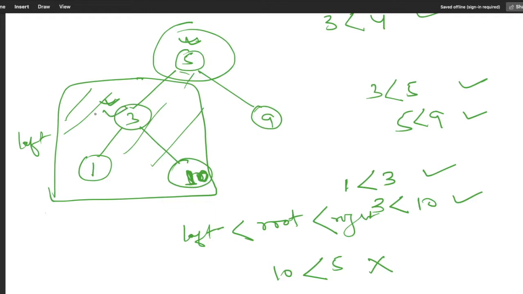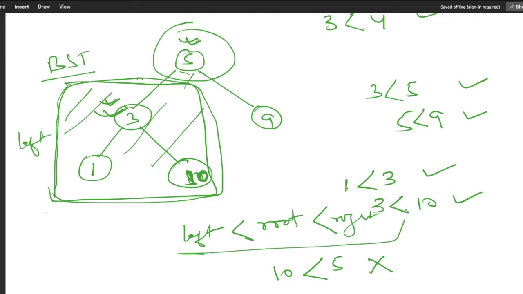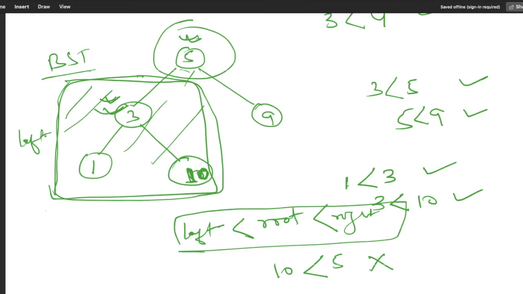So for an individual node it is satisfying the condition of BST, but if I take the whole part on the left side as a single, suppose a single left child, then it is failing our condition. So this is not a BST. So we have to apply this logic for each and every node. For each and every node this condition should be satisfied, and each and every node's left and right part should be checked with the help of this formula. So for this problem, this is our main condition check for each and every node.